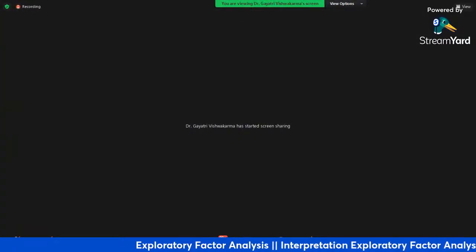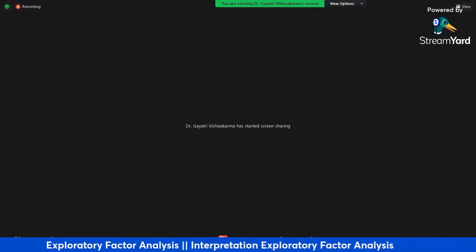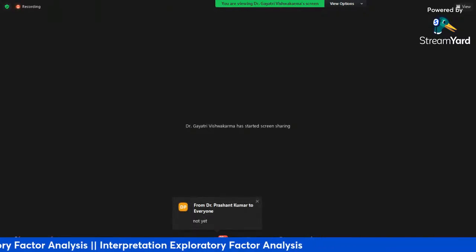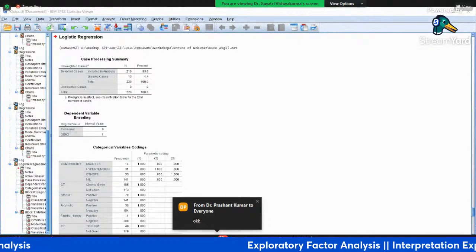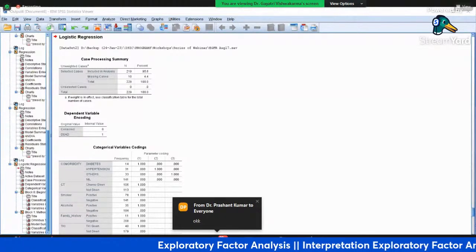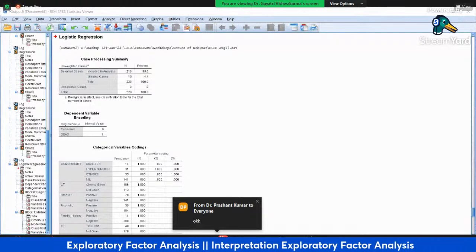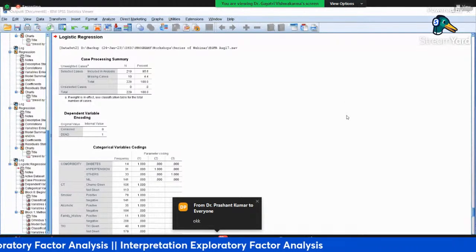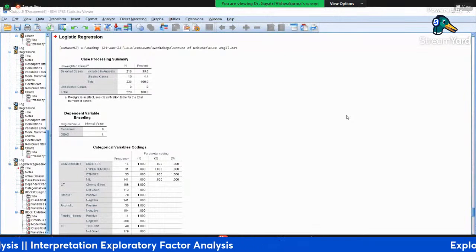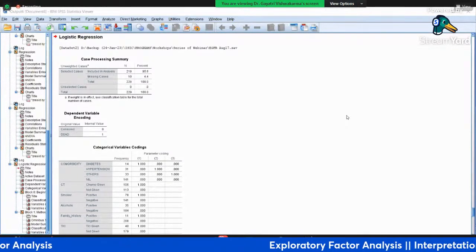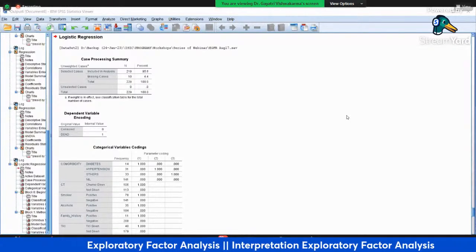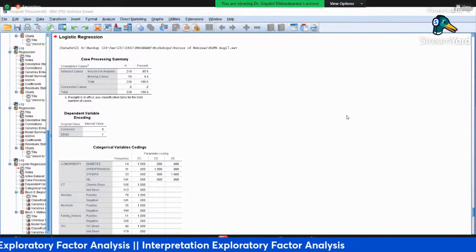I hope you can see the output window. Now Lalit is asking how to take the reference category. That means the reference category, you are taking this as a reference and interpreting for the other categories. So if I am taking male as a reference, I will be able to interpret about the females.